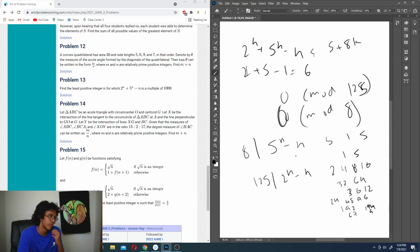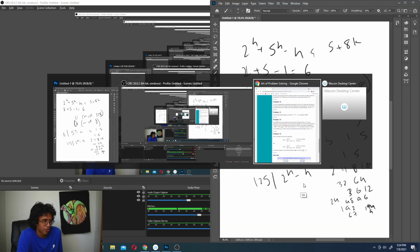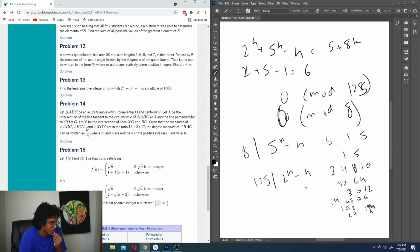Let's see, what else can we do? Not sure actually. Okay, well we're approaching time, so I don't want to spend too much time on it. Maybe we could try the other ones, but I doubt it. If I was not able to solve 12, I probably won't be able to solve 14 or 15. So let's see, what else can we do? Maybe like,